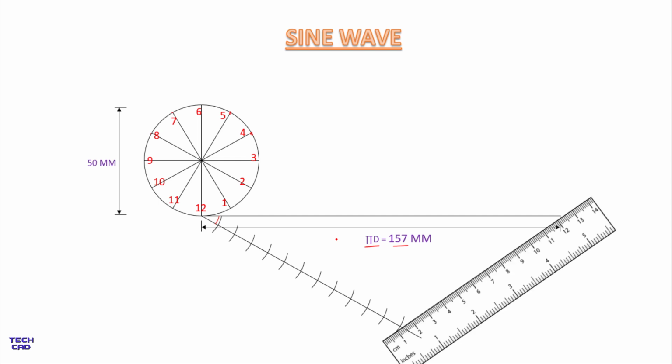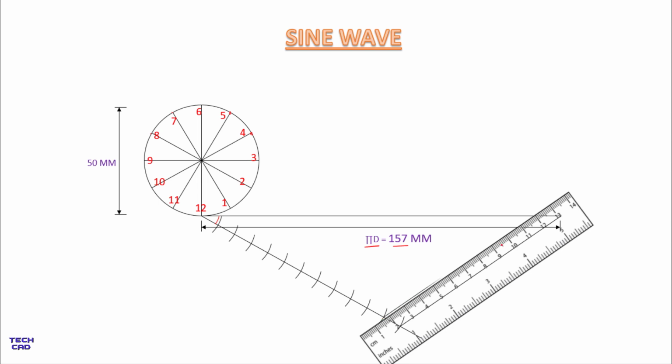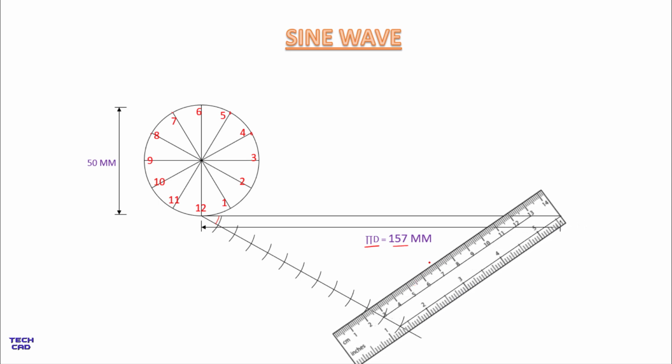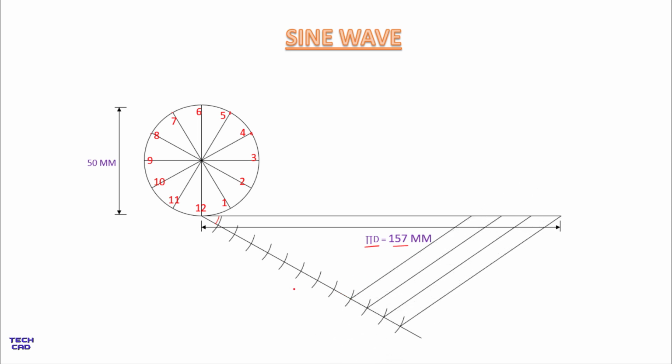Now take a scale, and from the last division make a line to this side and join the end of this circumference line. Now take your scale forward to the next division and make a line over here which is parallel to the previous line. Now again take your scale forward and mark a line over here which is again a parallel line. Take your scale forward to the next division and mark a line over here. In this way make parallel lines to the circumference line, and in this way it is divided into 12 equal parts. Now extend your lines like this.